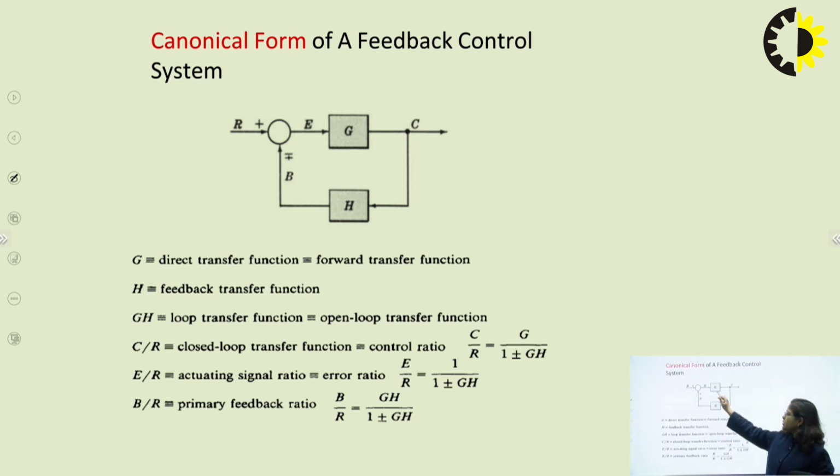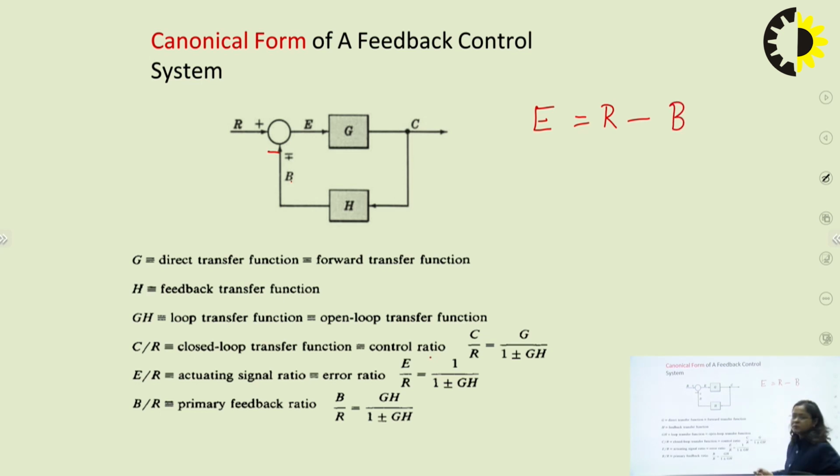So here G is the forward path gain, H is the feedback path gain, R is input, C is output, B is the feedback signal which is fed back to input, and E is the error difference signal between input and output. So if we talk about negative feedback, that is if we consider a negative sign, then we can say that E, error signal, is input minus feedback signal. Here output C is equal to error signal multiplied by G, or we can say that error signal is output divided by forward path gain. The feedback output B is C multiplied by H.